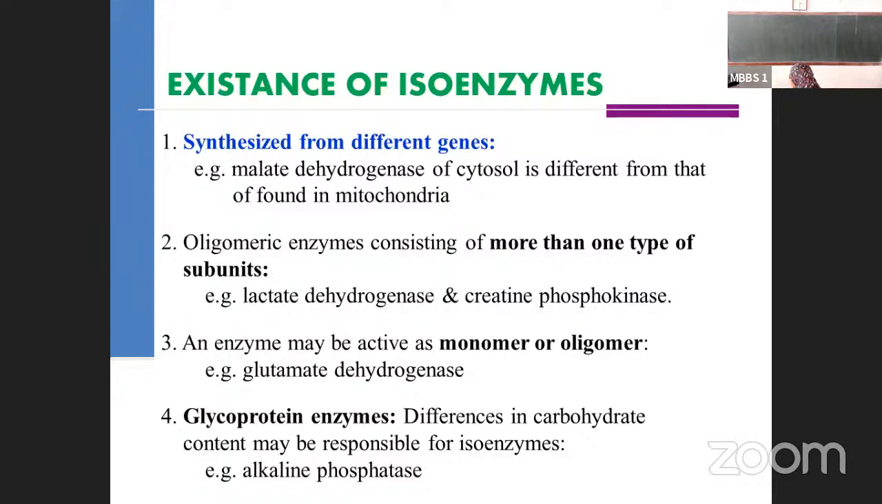See here the example: malate dehydrogenase of cytoplasm is different from that found in the mitochondria. In the cell also, not only the tissue, if they are present in the cytoplasm, that isoenzyme will be different from the isoenzyme of mitochondrial origin, because they are synthesized from different genes. Oligomeric enzyme consists of more than one type of subunit. The main unit